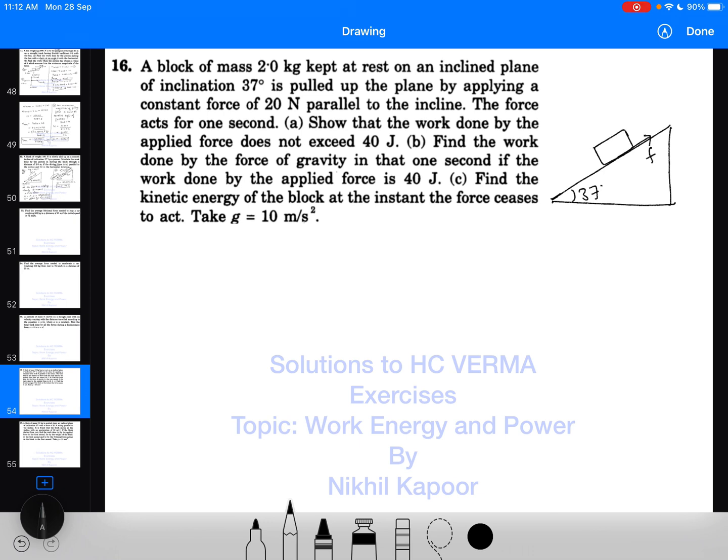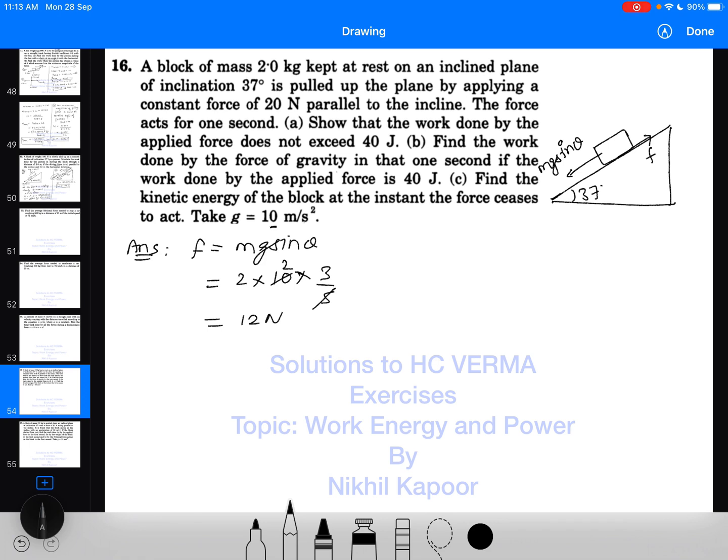It means it is very clear the frictional force is balancing the component of the weight mg sine theta, and this is the way the frictional force is indirectly given to us. So I can say here the value of frictional force is mg sine theta. That comes out to be 2 into value of g, it is 10 that we have to take in this question, and sine 37 is 3 by 5. So 5 ones are 5, twos are 10, 2 twos are 4, and 4 threes are 12 Newton. So here the value of frictional force is 12 Newton.